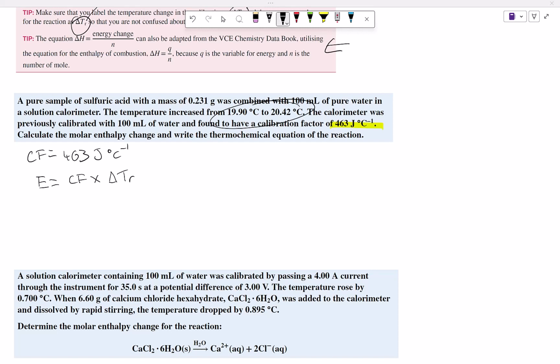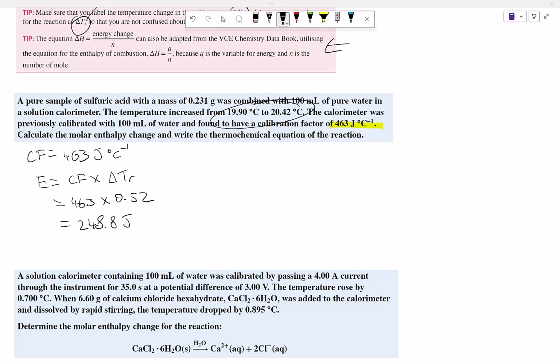Don't know, I put the 1 in there for some reason. So it's going to be 463 times 0.52, and that would give us a value of 240.8 joules. So that's how much energy, in this case, there was energy change. So next step